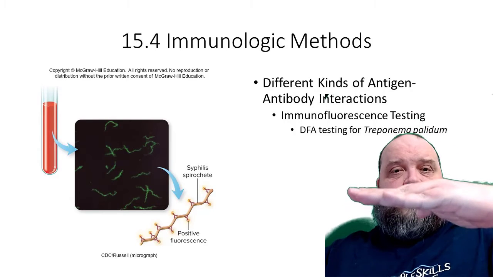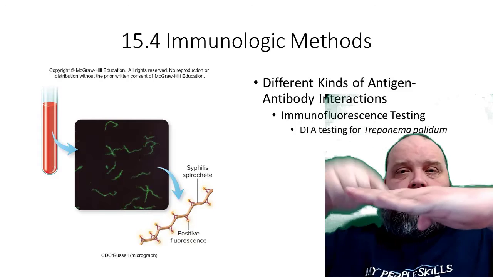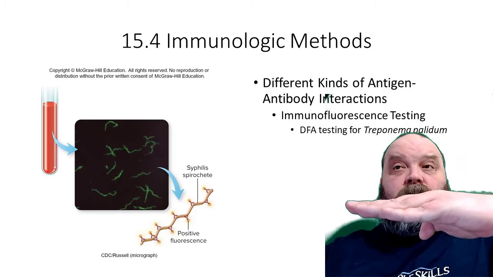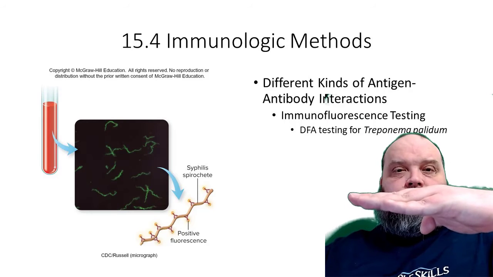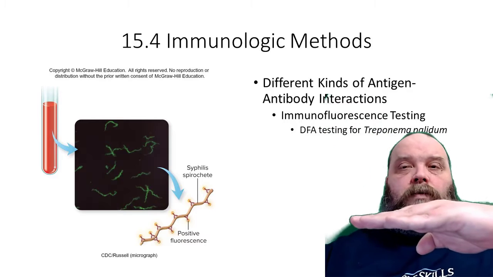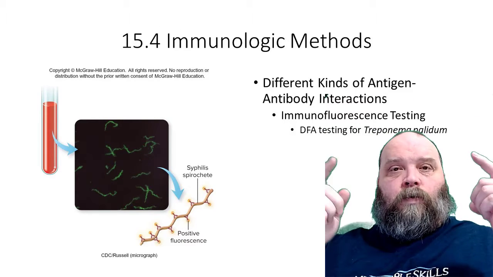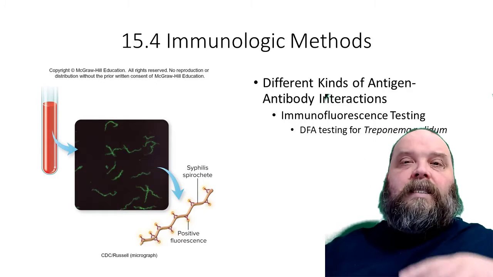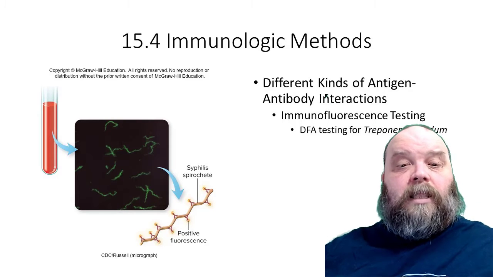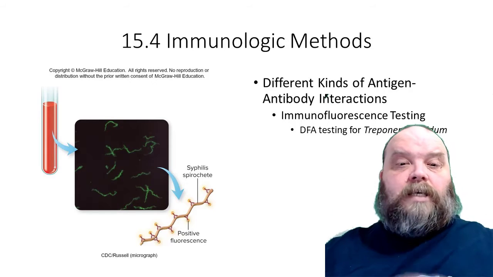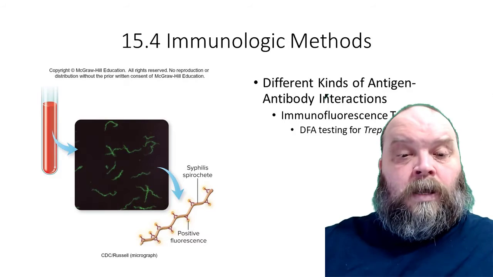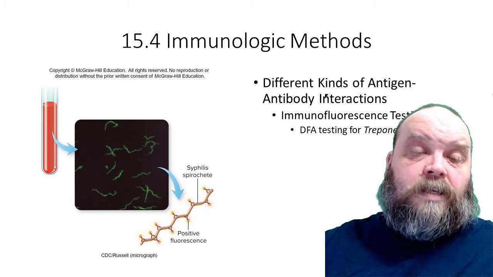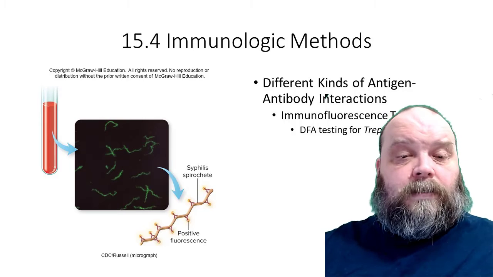So on the slide smeared with the sample from the patient, put a drop of the rabbit serum that's just for Treponema, rinse that off, come in with a goat. If the rabbit antibodies for syphilis were able to stick to anything, the goat will stick to the rabbit, and then when you look under the microscope, you will see exactly what they're showing there in that microscope picture. Little squiggles that glow green because the rabbit bound to the syphilis, the goat bound to the rabbit.